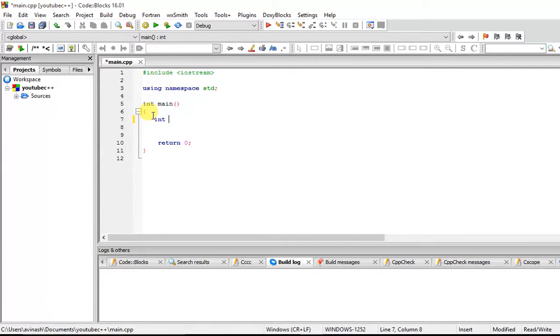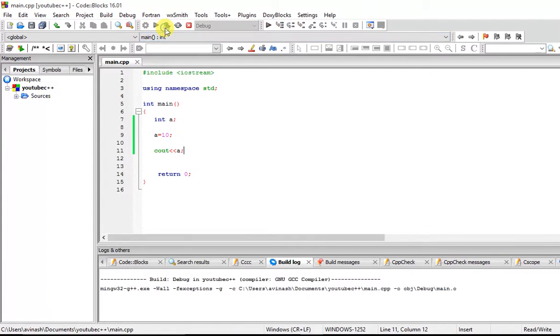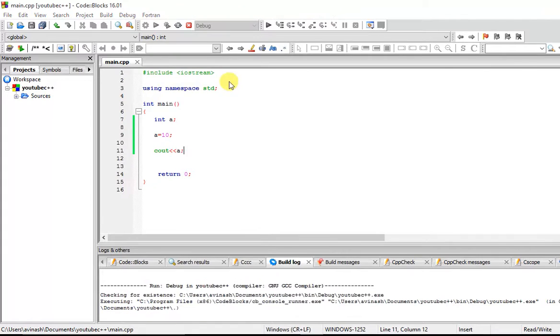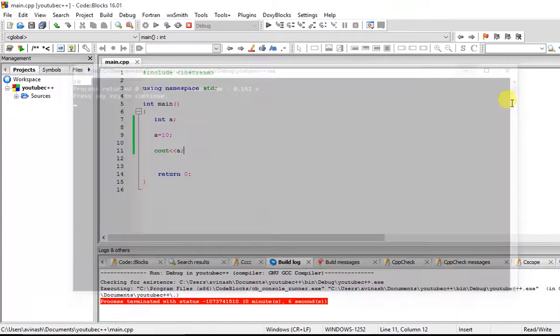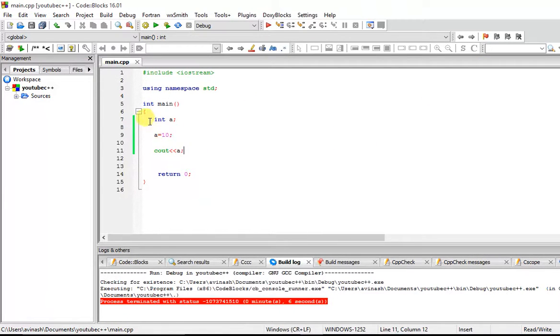Okay, if I say there is an int a, so a is a variable of integer type, and I make a as 10, right, and I print this a into the output, and I build and run this, and you can see it will be printing 10 right here. Now this is a variable which is created inside the main function. And when the main function ends, the a ends, the value of a cannot be determined after